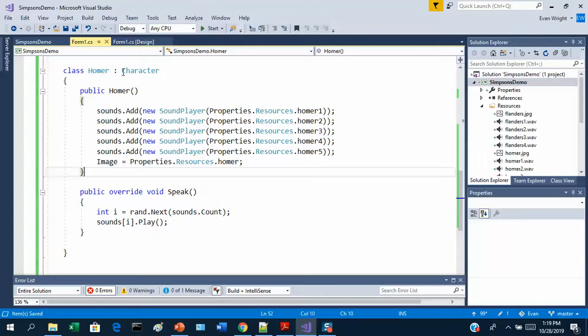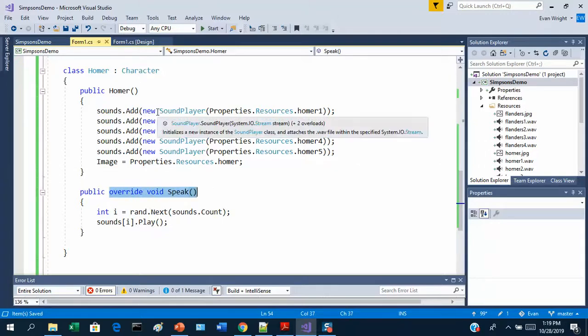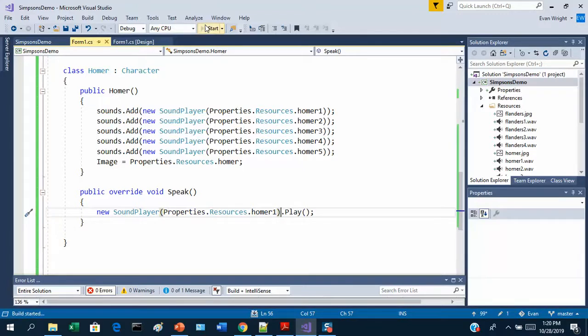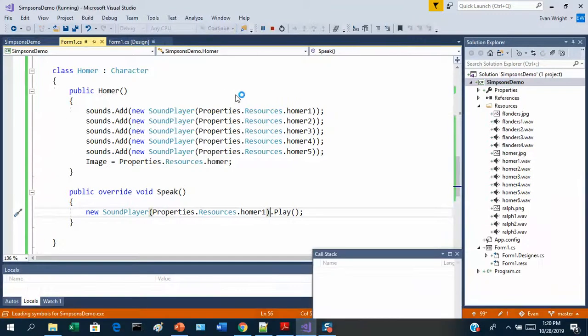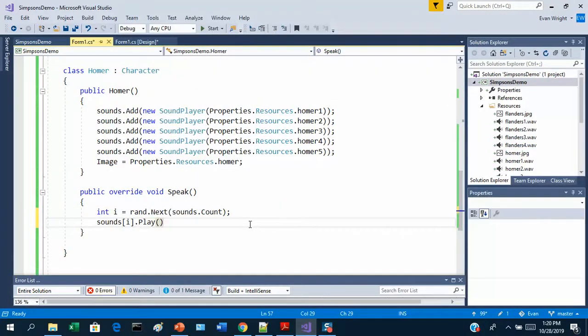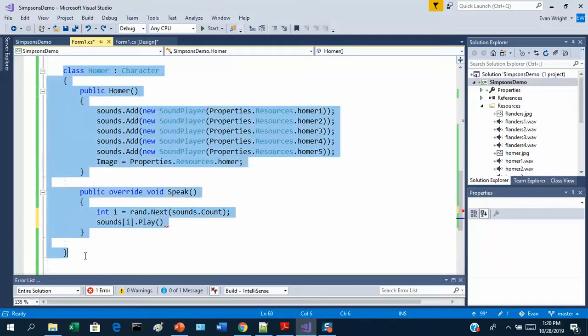So Homer is inheriting Character, and he's providing an implementation for the speak function, which is declared in the base class. What if we just did something like this? Dispensed with the list of sounds completely. All right, well, okay, so that works. And then let's clone all this and turn him into